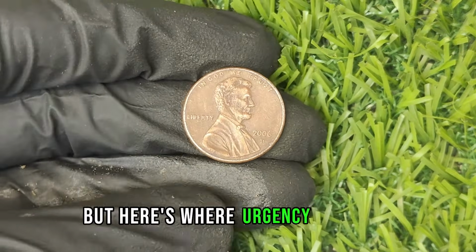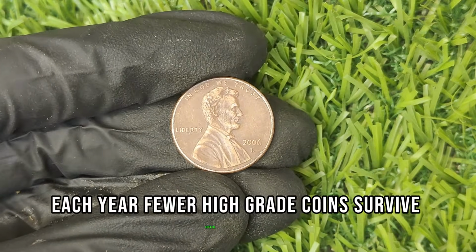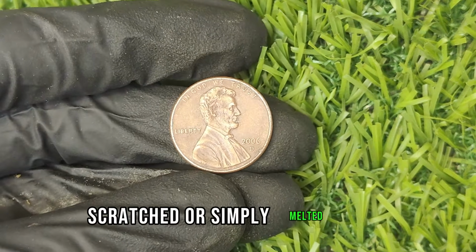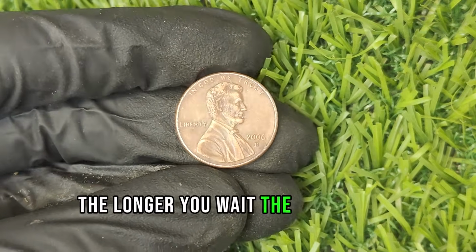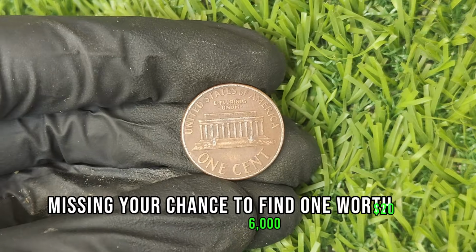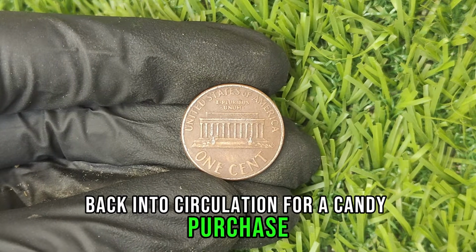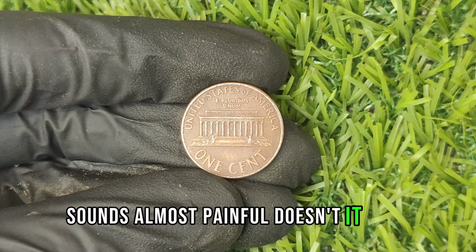But here's where urgency comes in. Each year, fewer high-grade coins survive. They're spent, scratched, or simply melted down. The longer you wait, the rarer they become. Imagine missing your chance to find one worth $206,000 because it slipped back into circulation for a candy purchase. Sounds almost painful, doesn't it? Still,